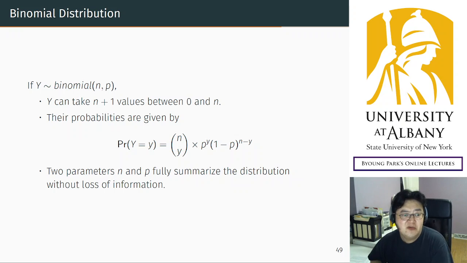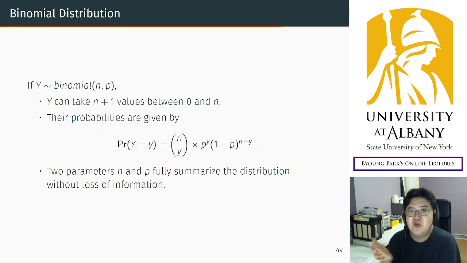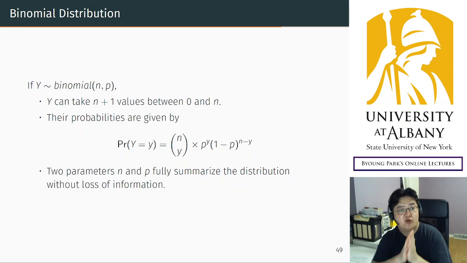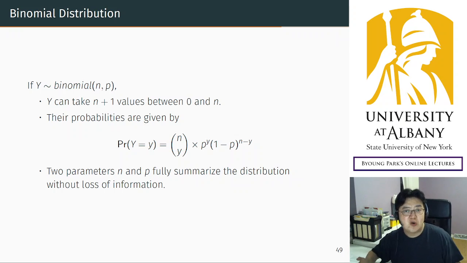Therefore, there are n plus 1 different probabilities, and if you know those n plus 1 probabilities, then you know everything about the binomial distribution, right? So there are n plus 1 possible outcomes, and you need to know n plus 1 probabilities to fully understand the